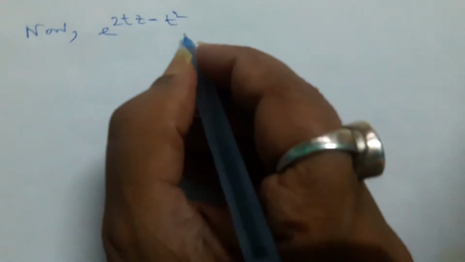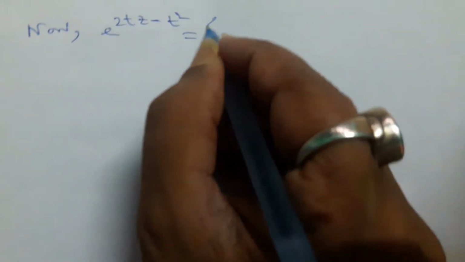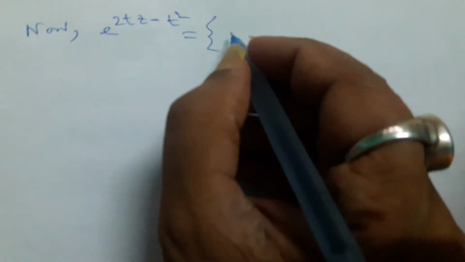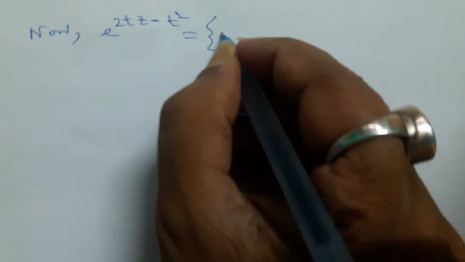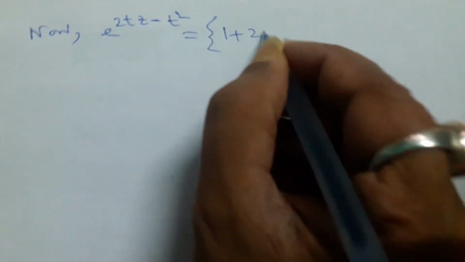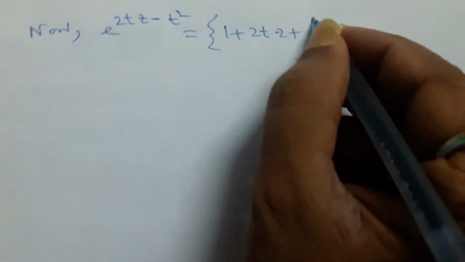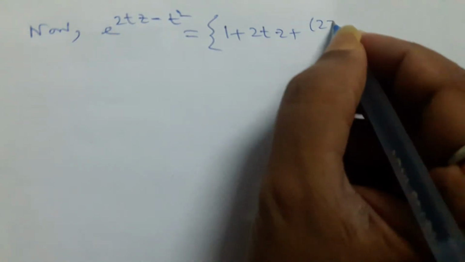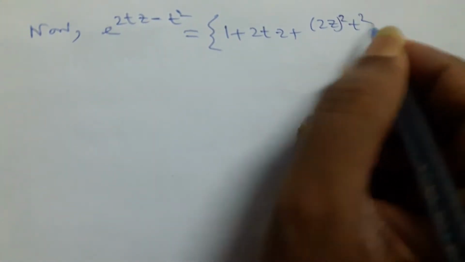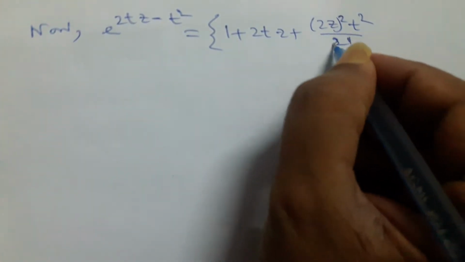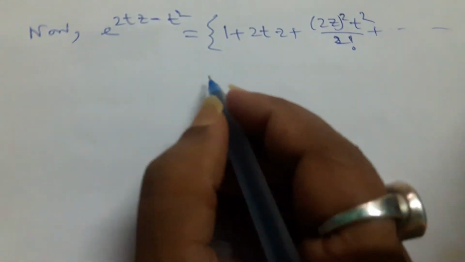Now e to the power 2tz minus t square, if we break this, will be equal to 1 plus 2tz by 1 factorial plus 2z square t square by 2 factorial, dot dot dot up to